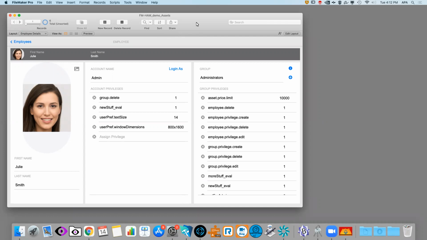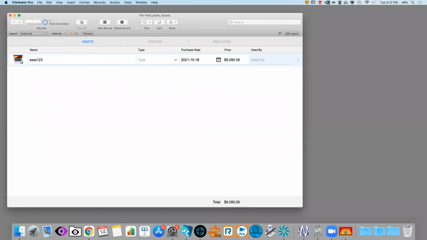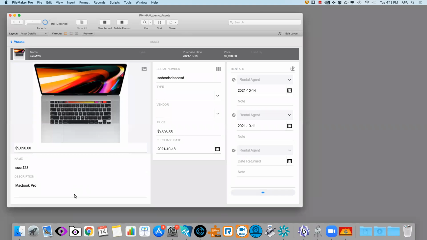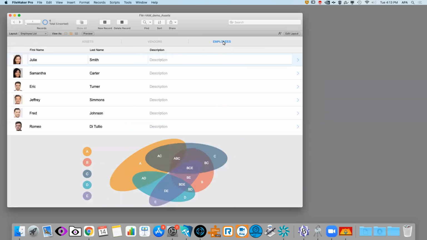It is a sample file that is based on the FileMaker starter file for assets. Okay, so if I go back over here, I can see that I have one asset over here. We're going to play with this record a little bit, and I used it because it's a file that had more than one table, so an asset table and then an employee table. And employee for our needs was going to be close enough to users. So I said, okay, I'll start from there. And you do see here in the footer, I have an image of